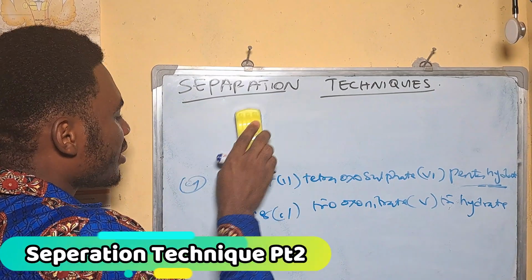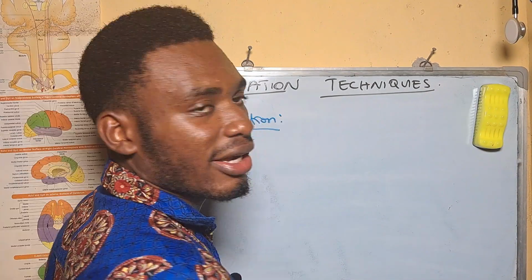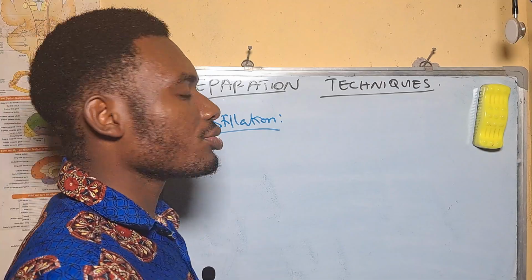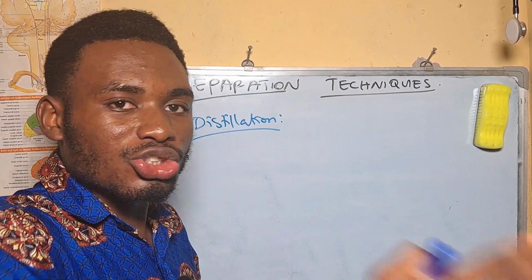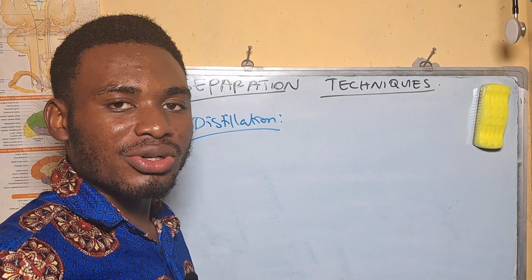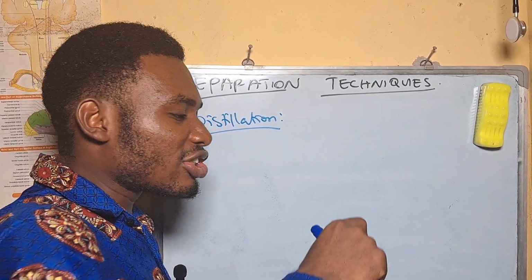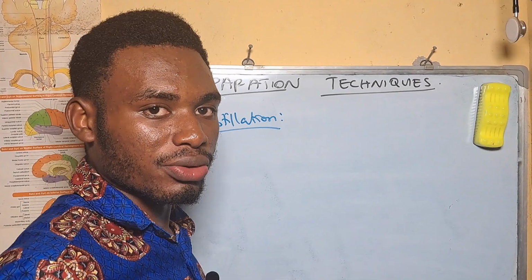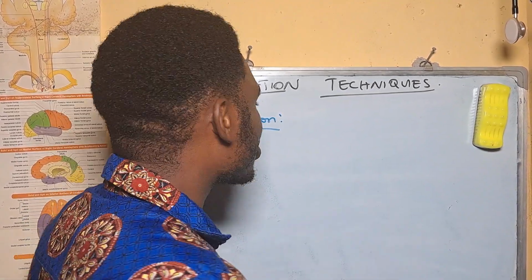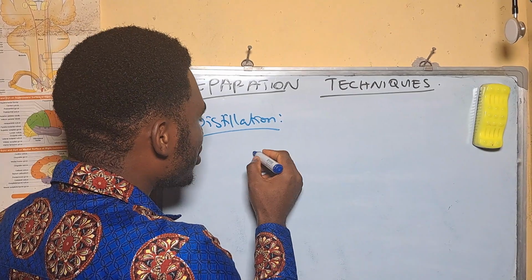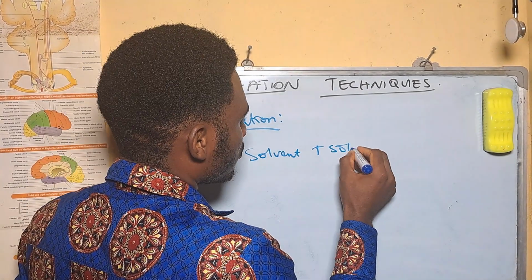Our next technique is distillation. In distillation, your aim is to form a distillate, which is a pure solvent. What happens in distillation is that you want to separate a particular solvent from a solution. For you to do this, the solvent can be mixed with a solute, or it can